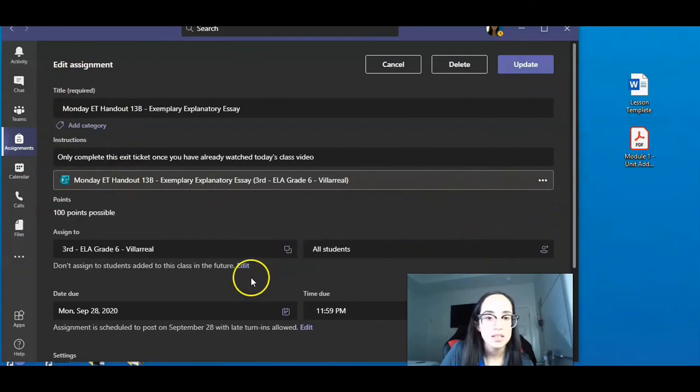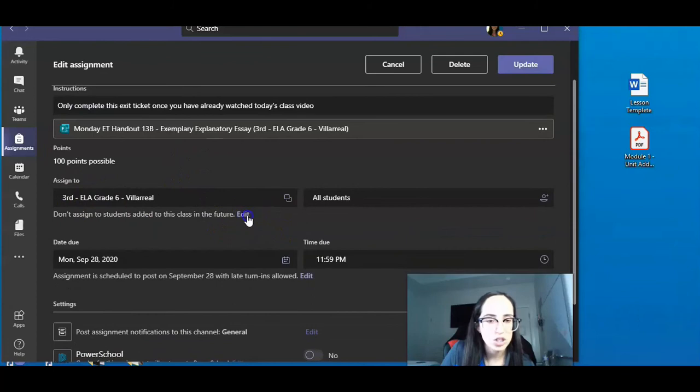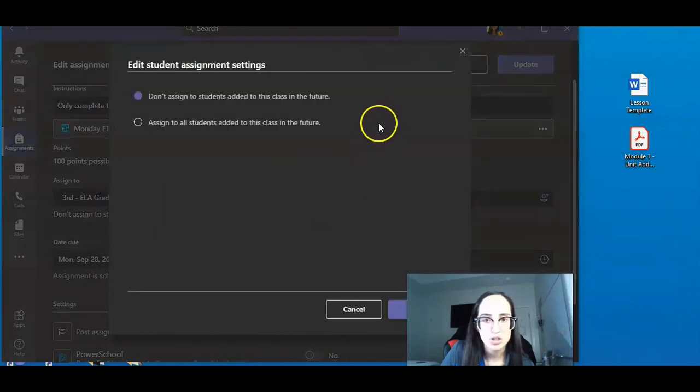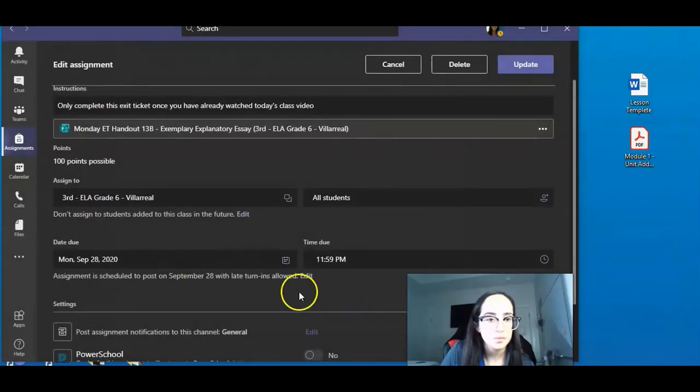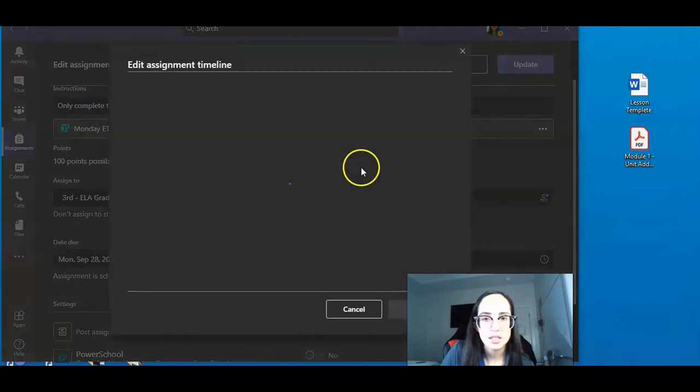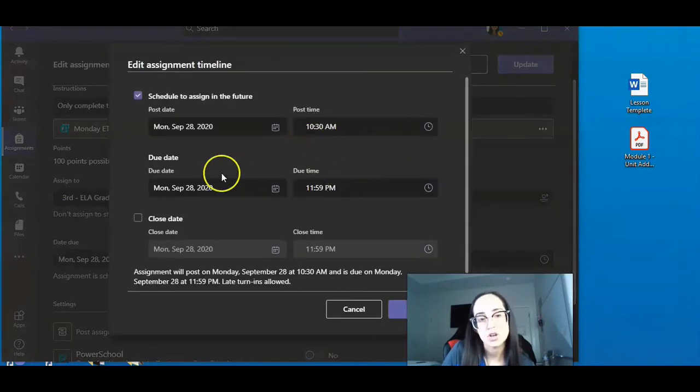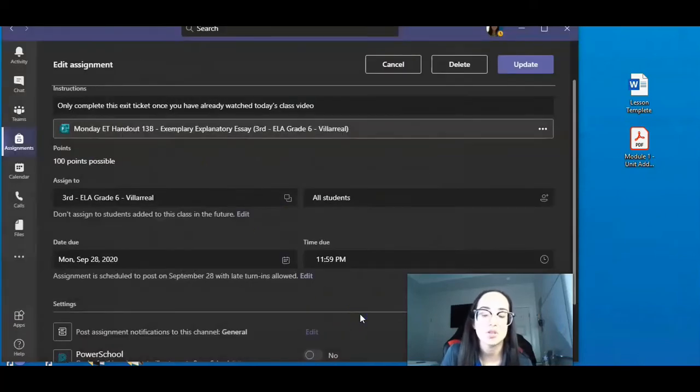So in this case, for my third period, this is going to actually pop up at a certain time. So I can actually show you. For my third period, it's going to pop up at 10:30. So notice how I'm able to schedule these assignments for specific times. So every single period, it's going to be popping up for you at a specific time, okay?